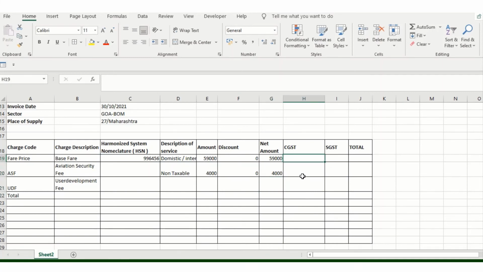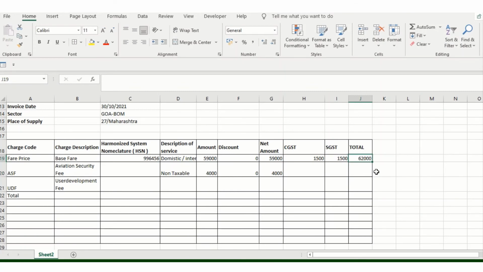CGST, if I have to have this thing, so suppose I got a CGST of 1000, maybe 1500, something like that, or maybe I'll just copy and paste it here. And then if I calculate these two things, what I will get here, or maybe you can just use the equal to sum function as well.